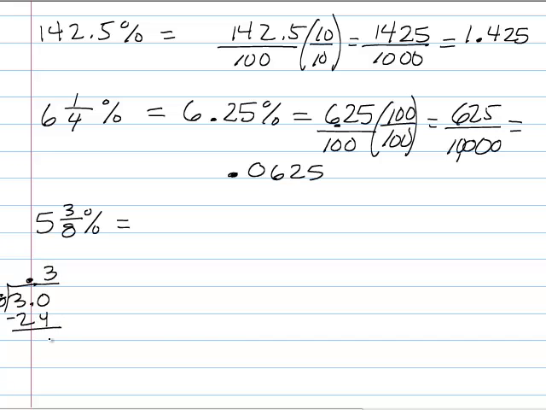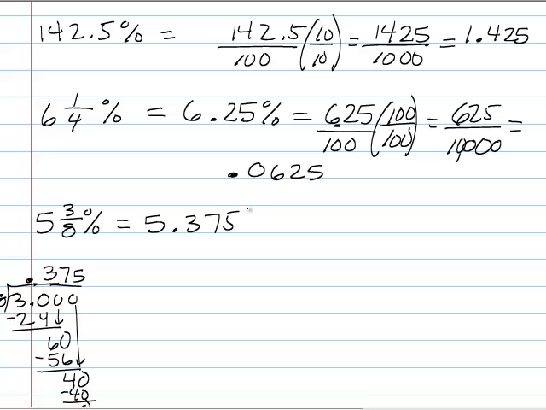We subtract. We get 6. We bring down another 0. 60. 8 goes into 60 7 times. That's 56. We subtract. We get 4. Bring down another 0. 40. And it goes 5 times 8 is 40. Subtract and we get 0. So 0.375 is the decimal equivalent of 3/8,